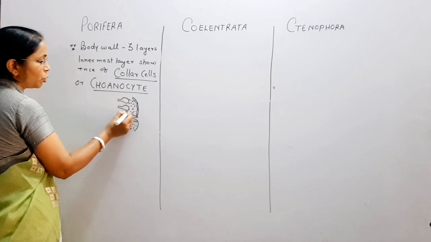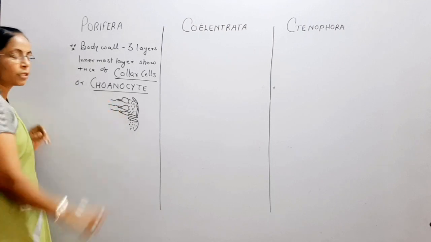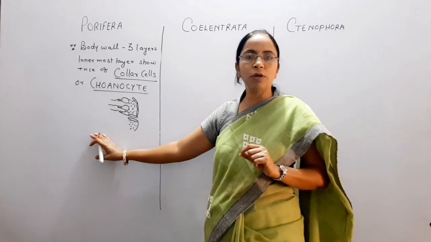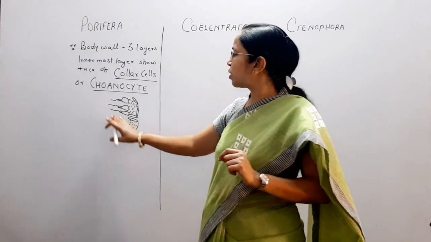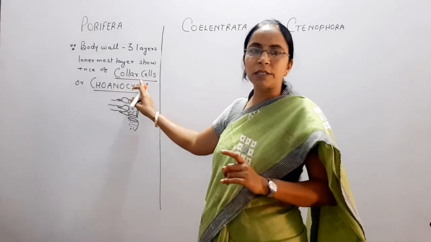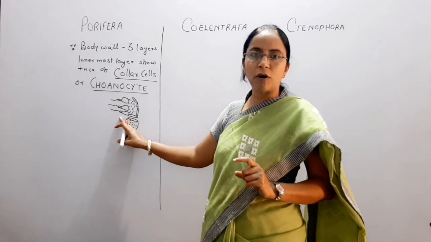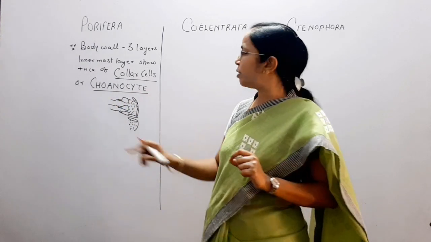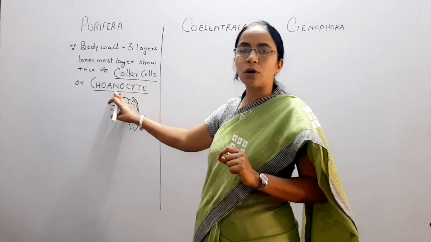These flask shaped cells are called choanocytes or collar cells, and in these cells a single flagellum is present. This flagellum is responsible for the movement of water and food substances inside the spongocele or body cavity. So for revision purposes, remember the special cells are choanocytes or collar cells, and collar cells are the flagellated cells present in the innermost layer of the body wall. And the choanoderm layer is formed from choanocytes. So the spongocele is lined by collar cells and choanocyte cells.